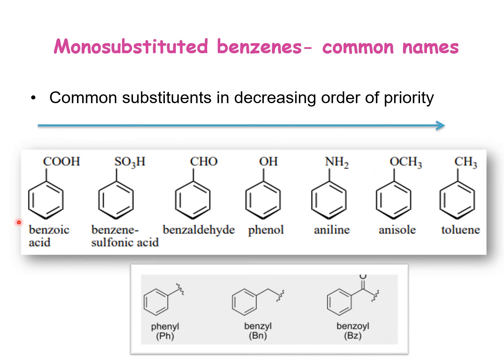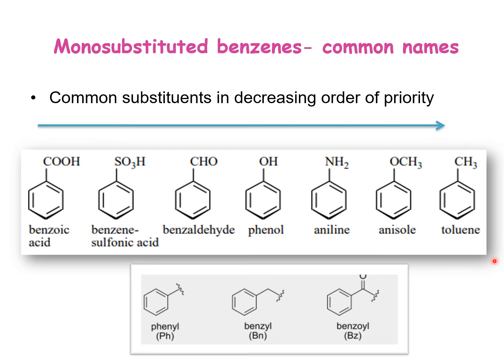So COOH will be considered as the root or base on which the amino substitution is present. So here the suffix will be benzoic acid and amino will be the substituent. So in this sequence, priorities are given to the most important